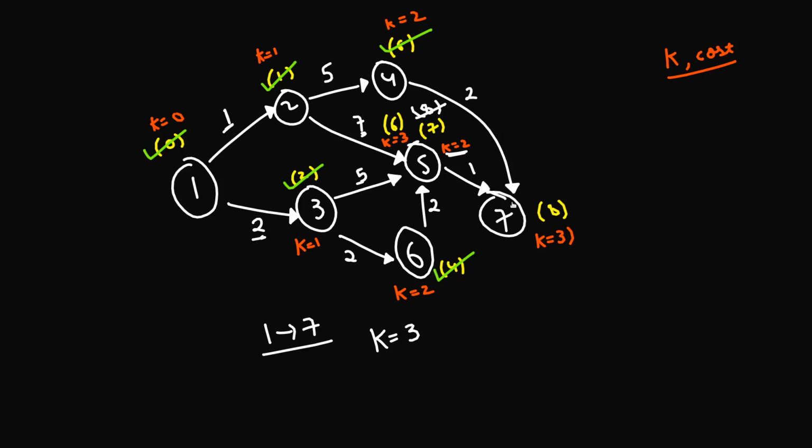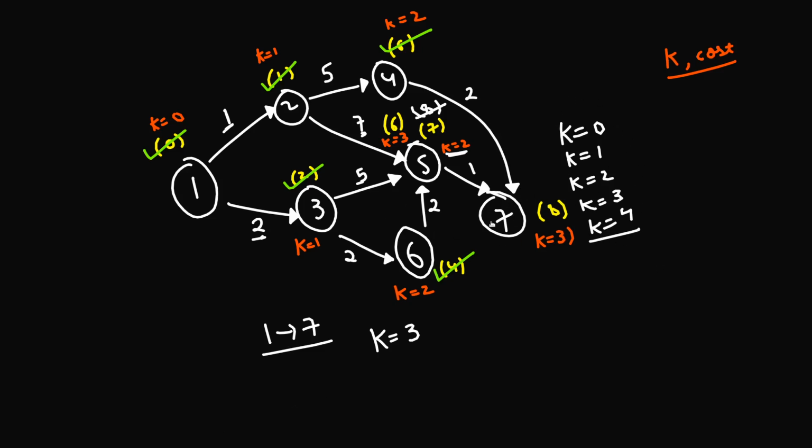So you can either reach the destination with K equals 0, that means that both the source and the destination are same, or you can reach the destination with K equals 1, or with K equals 2, or with K equals 3, or with K equals 4. So if you are allowed till K equals 4, these are all the possibilities with which you can reach this particular destination. And you'll be taking the minimum of all these costs that you have.